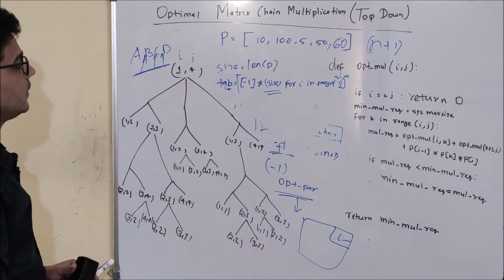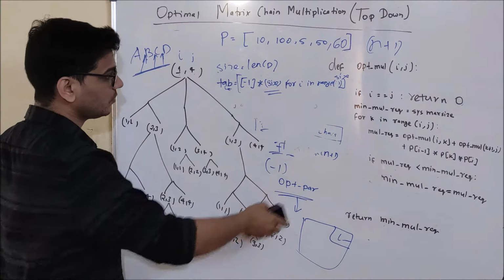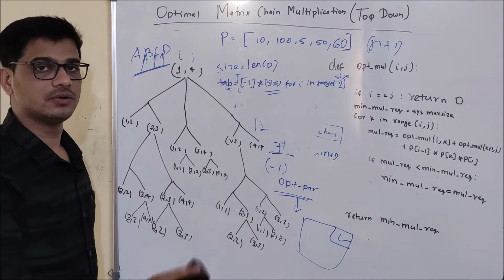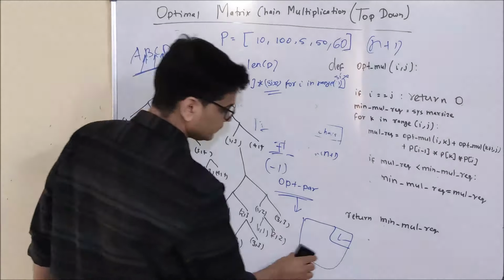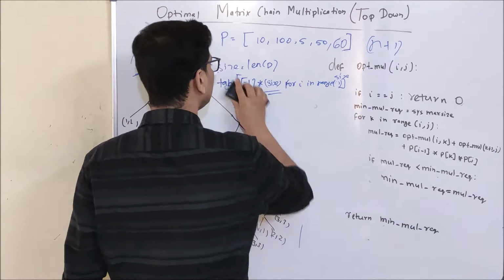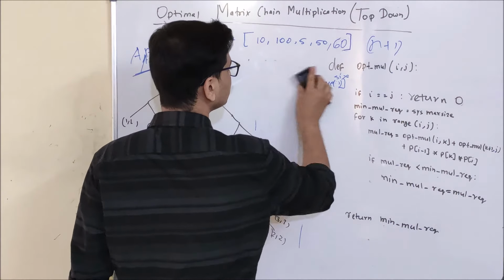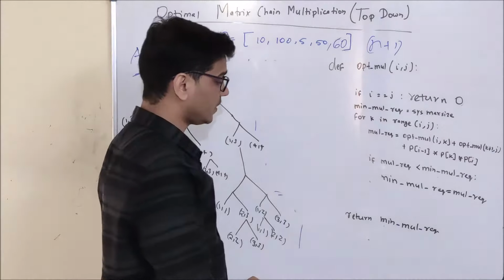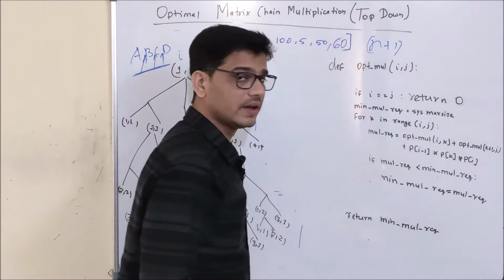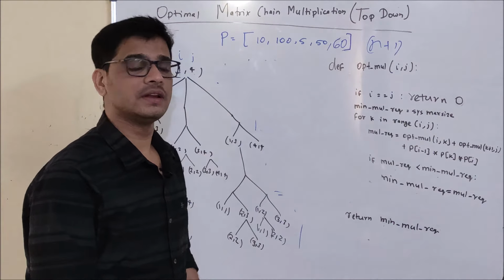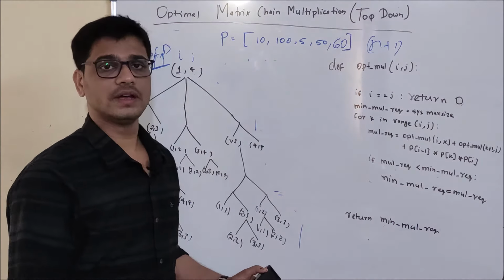Now the table is created. What am I going to do? I am going to modify this particular code and convert it into top-down code. So what are the modifications we need to do here? See, if you remember from my previous videos, wherever we are returning something, we are going to modify it. That is, prior to returning that particular thing, we will save that value in the memo table.